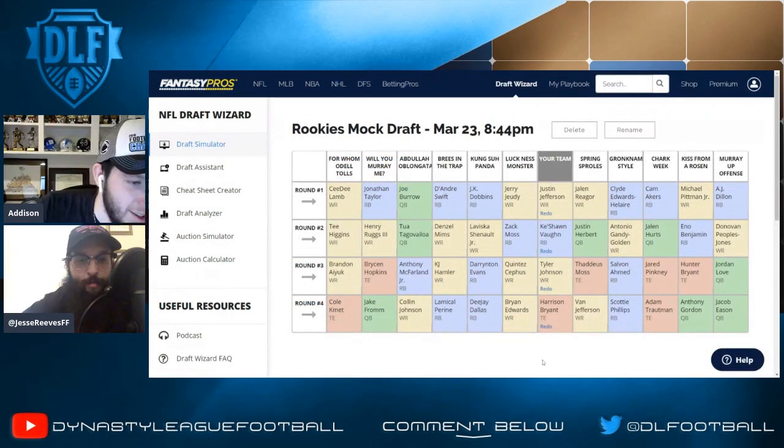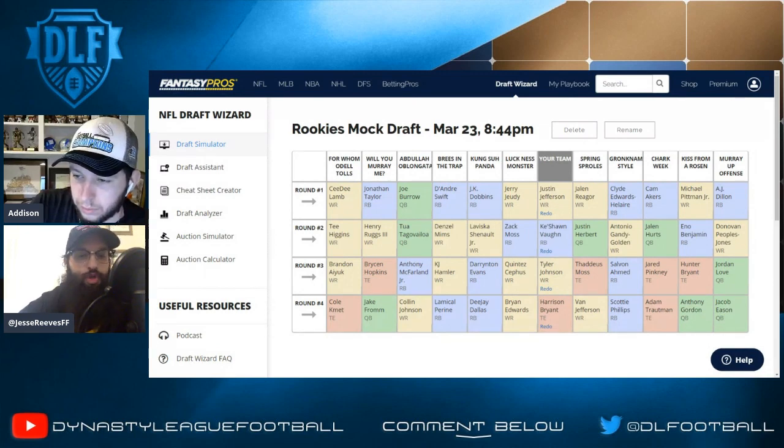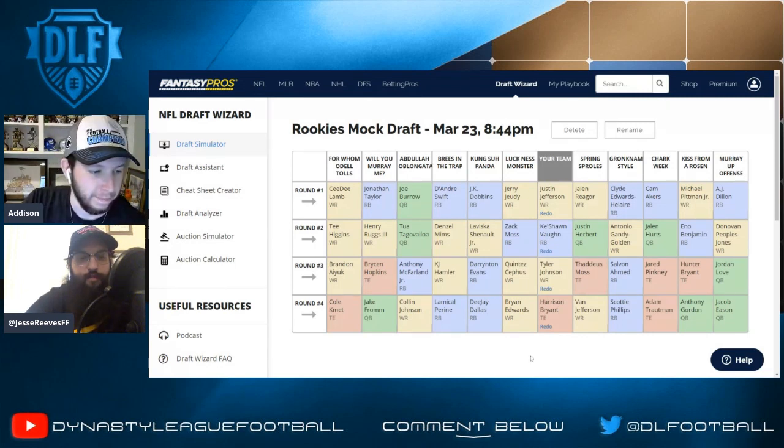So the drop-off for me between guys like Denzel Mims and T. Higgins, and even Laviska Shenault, and a guy like Keyshawn Vaughn at the 207 is really, really significant. So if you're thinking about trading up, nobody after Keyshawn Vaughn is somebody that just piques my interest. Absolutely. I'd be willing to package that 3rd and 4th round and maybe a 2021 second or something like that